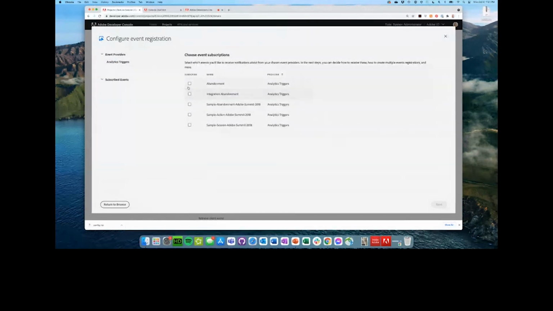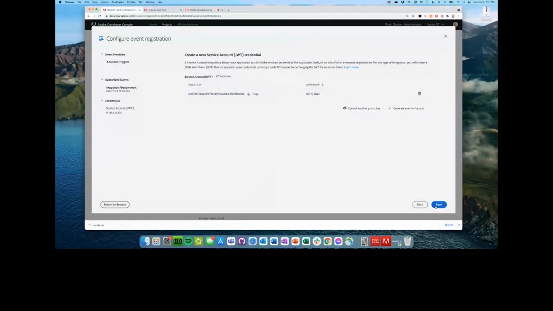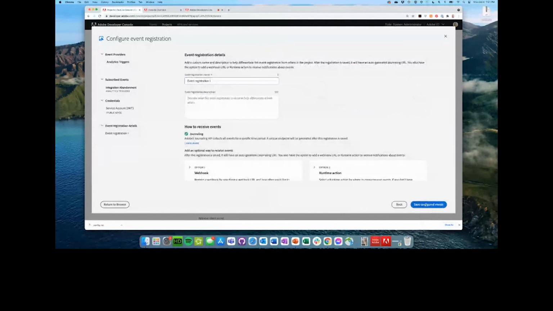And there's a few example subscriptions that exist already. Somebody has been testing out abandonment triggers. So again, I can leverage the existing credentials that have been set up. And now I just need to provide some information on how I would like to receive those events. I can give the registration a name,